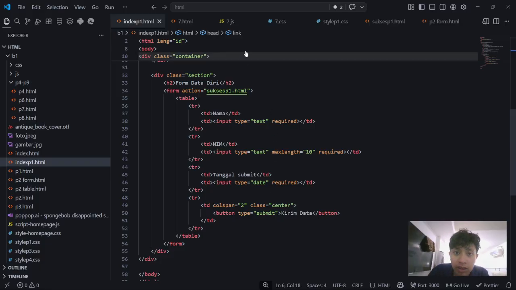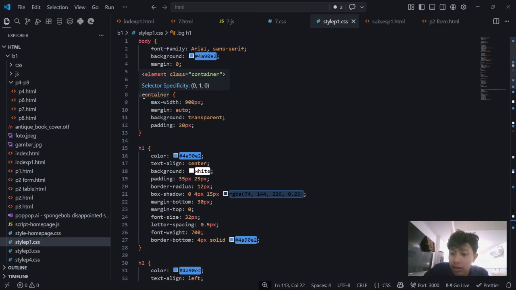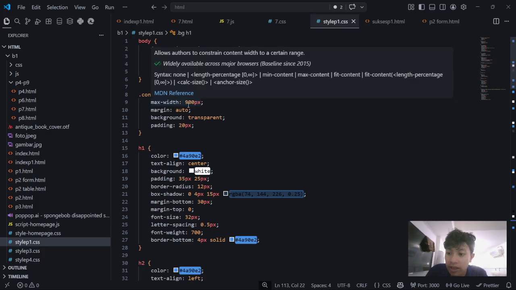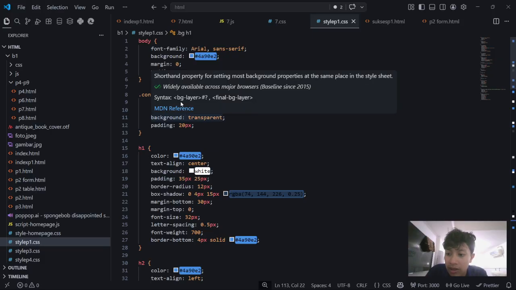Next I will explain the styling. The body is styled with a blue background color, padding, and a clean font, using Arial and sans-serif. The container class centers the content and limits its width for better readability.